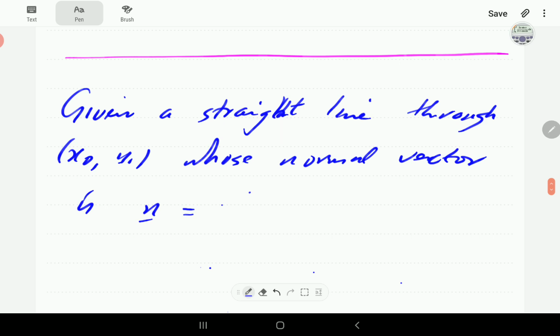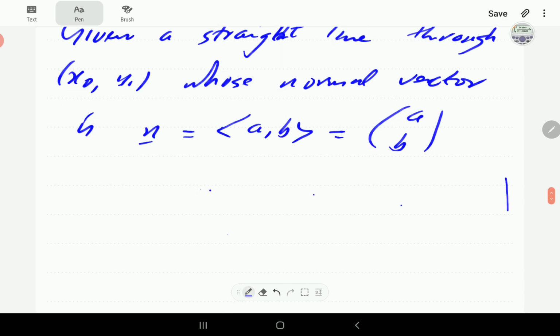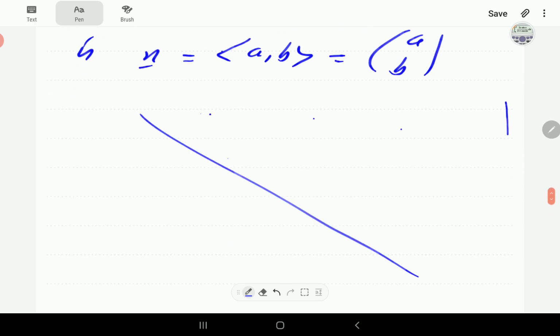So if the normal vector is AB, which you can write like this or like this, okay, so there is a straight line through x naught, y naught. There is the normal vector AB,